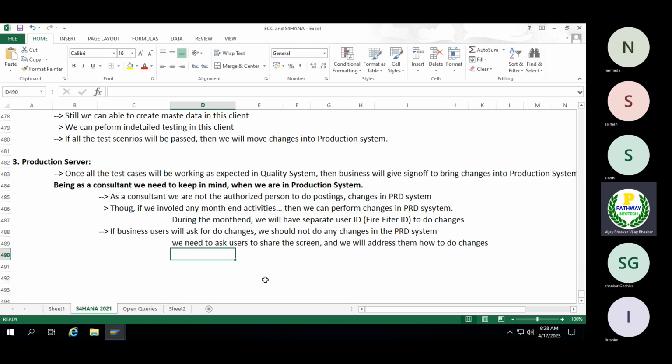We will ask users, share your screen, we will guide you how to do the changes that we can do. Keep in mind, this is the important one.